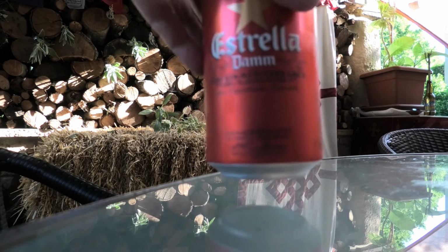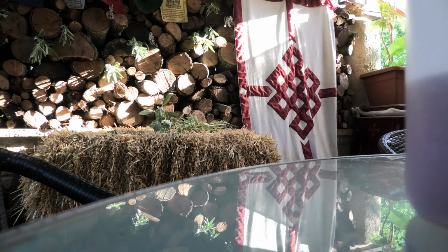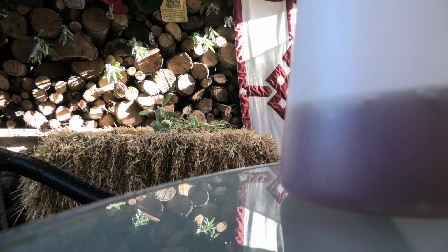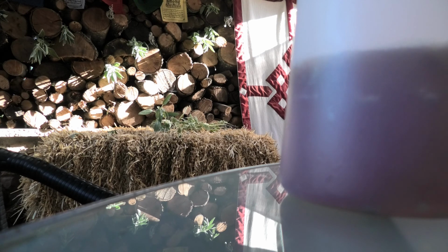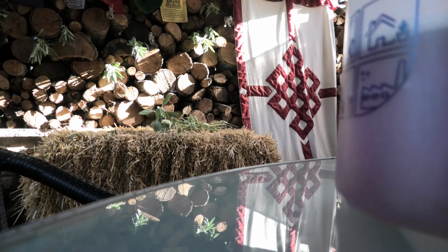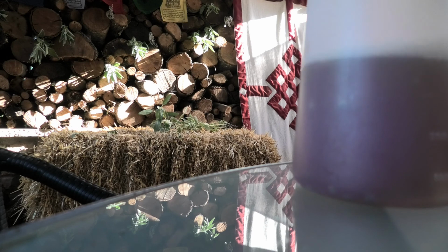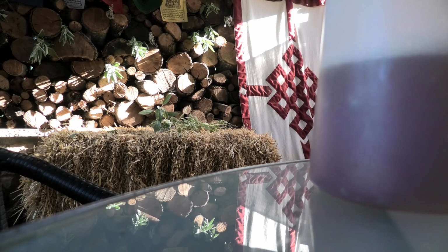Okay, so here it is, the smelly beer. And I think it's working into the spray to deter the snails from hell. And I do believe it's working. It is the 8th of July (2018), and I'm just going to do a little